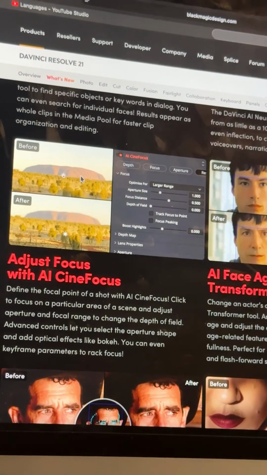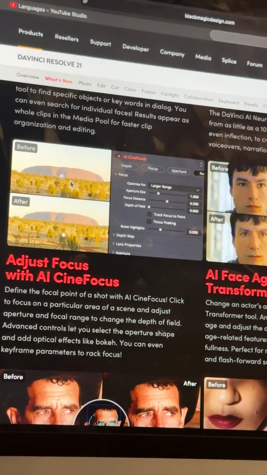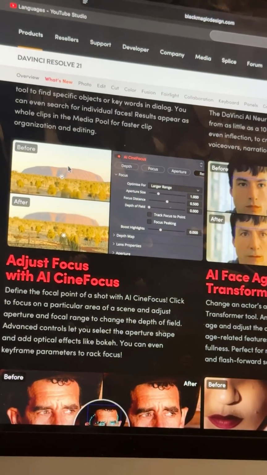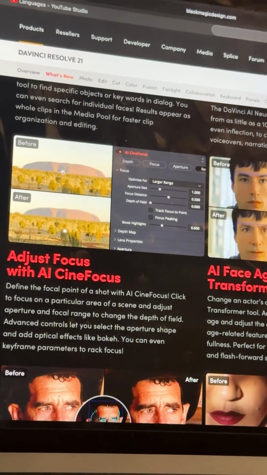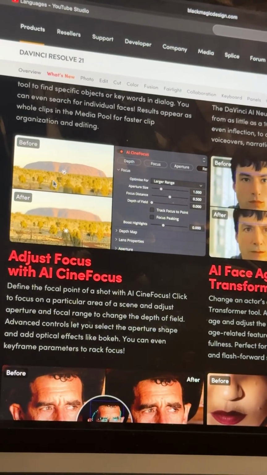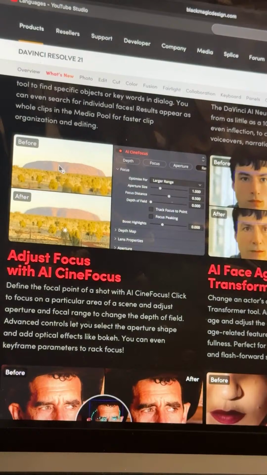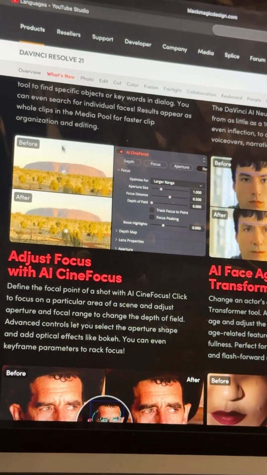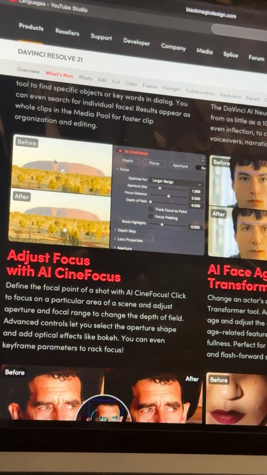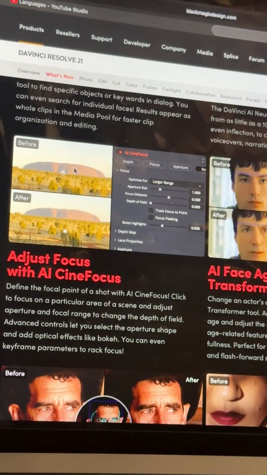As an example, they have these two photos, one before and after. In the before, the background that you see, those big hills in the back, that was in focus.